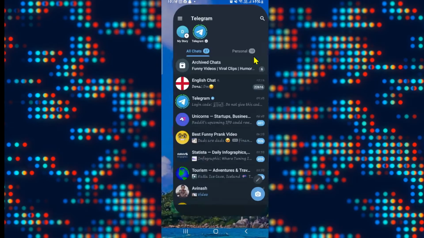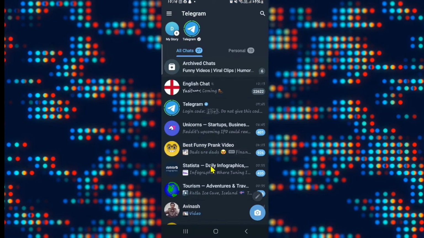First of all, open up the Telegram application on your device and log into your account if you haven't done so already using your phone number and your login code. After logging into your account, you will be taken into your homepage from which you can access all of your chats. Now, if you wish to change your username, tap on the menu icon at the top left corner and